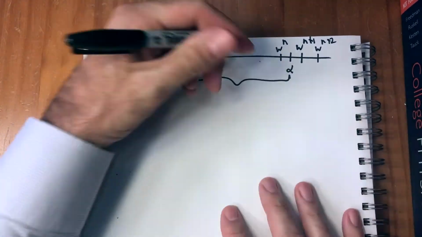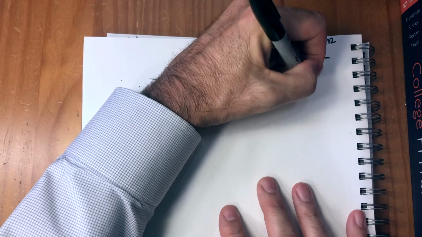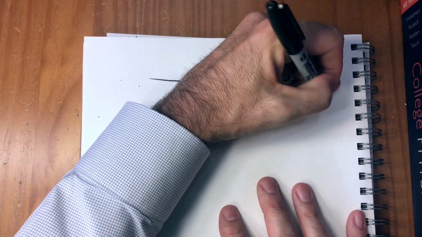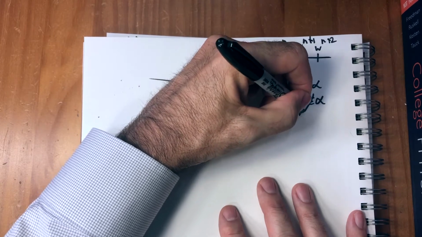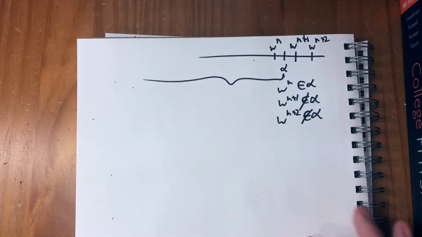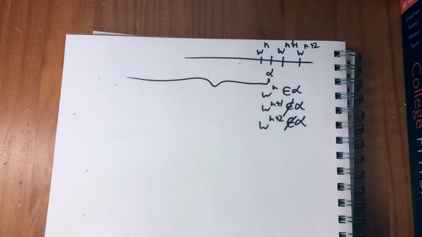So let's look at this. That means that w to the n is inside alpha, w to the n plus 1 is outside alpha, and w to the n plus 2 is outside alpha. So now, let me tear off this page so you can